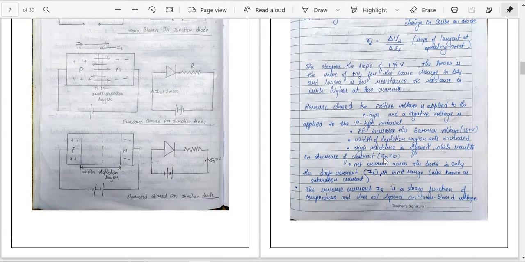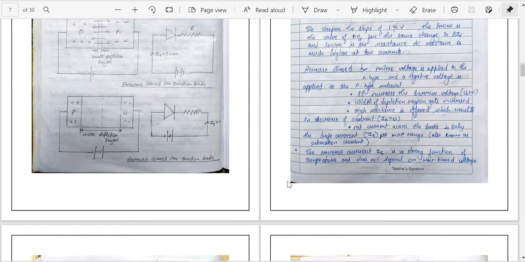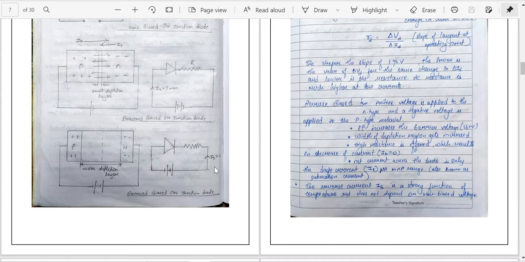For a reverse bias, the width of the depletion region increases, which sets up a huge electric field which opposes the flow of ID, that is current, due to which a very small amount of current flows through it. The amount of current that flows in the reverse bias condition is basically known as the leakage current, and it is almost constant. This leakage current, or you can call it saturation current, is strongly temperature dependent. It depends only on the temperature.